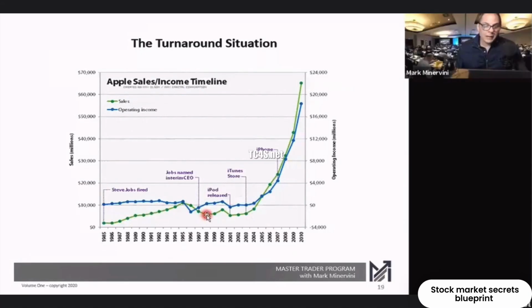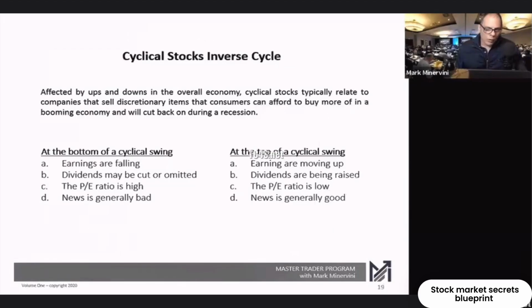And then Jobs came back and the whole thing got turned around. And we're going to look at that later on, some of the specifics of what happened with Apple and how it was turned around with profit margins and so forth. But real quick, I just want to touch upon cyclical stocks, because cyclical stocks have an inverse PE cycle, an inverse